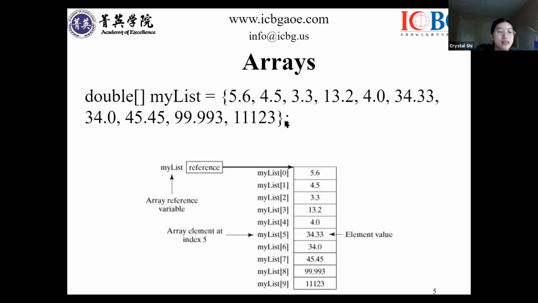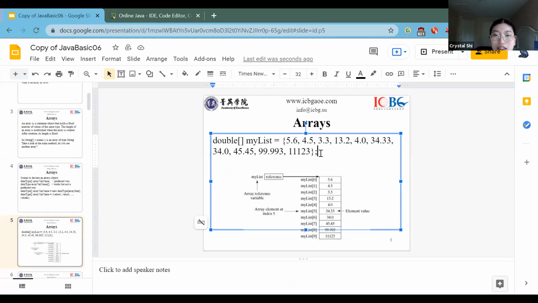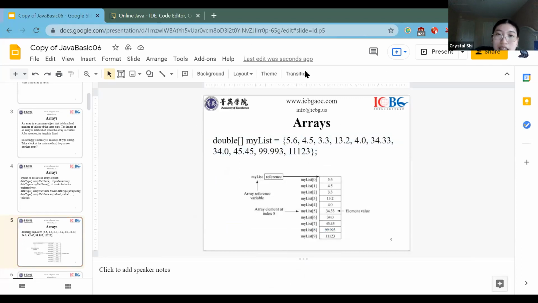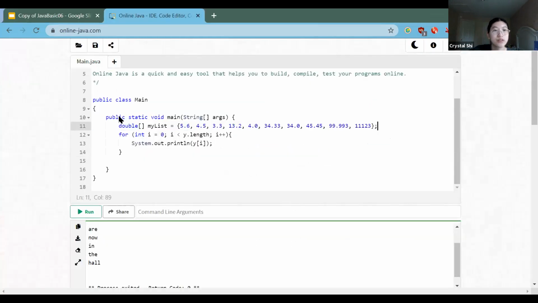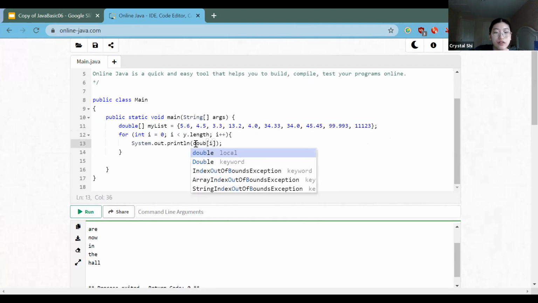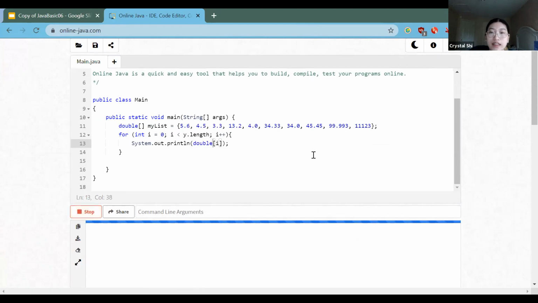So here, let me copy this into the chat so you can have this list. So this is a way to make a list, right? We have a double my list. And so let me put it over here too. And so if we print out all the contents of this list, we can see,